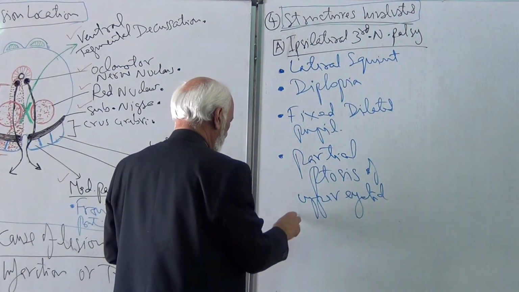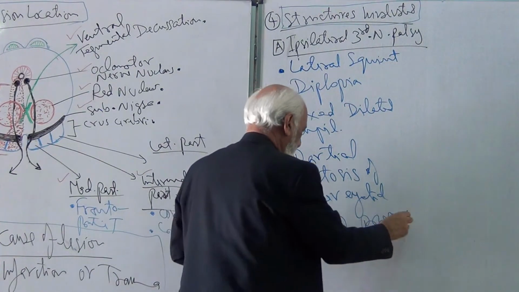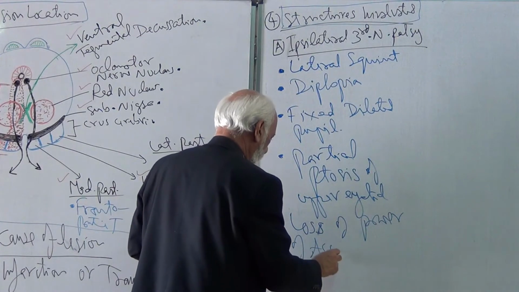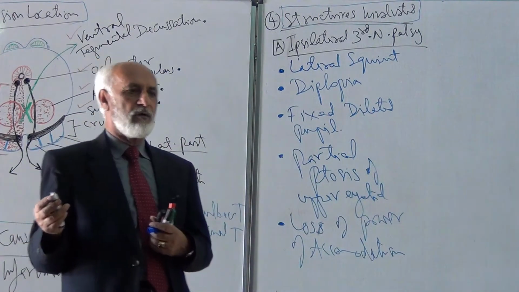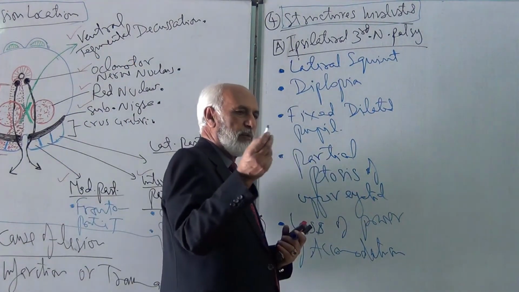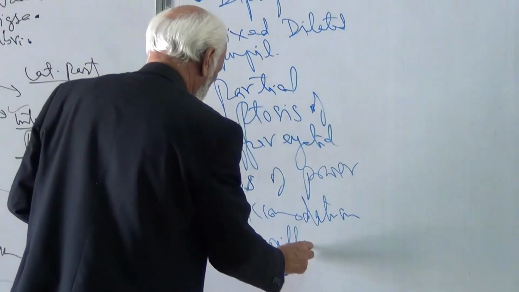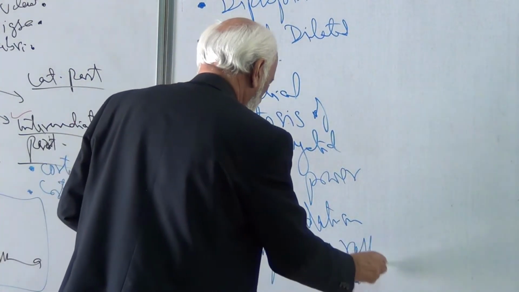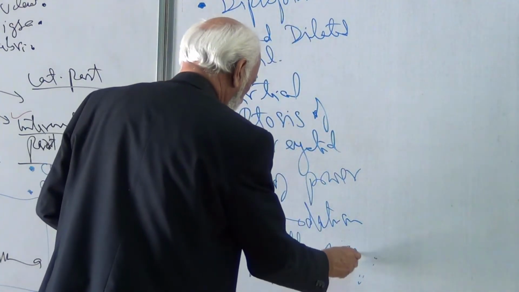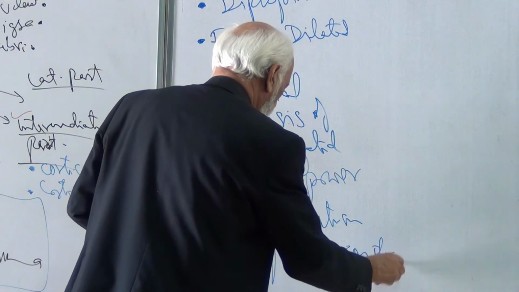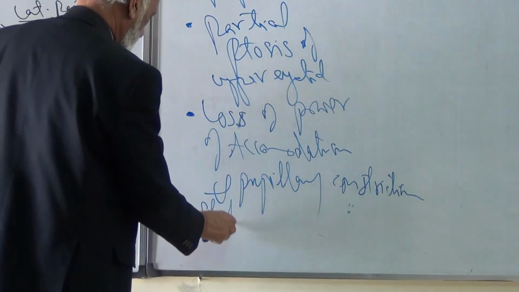Then next is the loss of power of accommodation. Loss of power of accommodation and pupillary reflex. Loss of power of accommodation and pupillary constriction to light, and there is slight